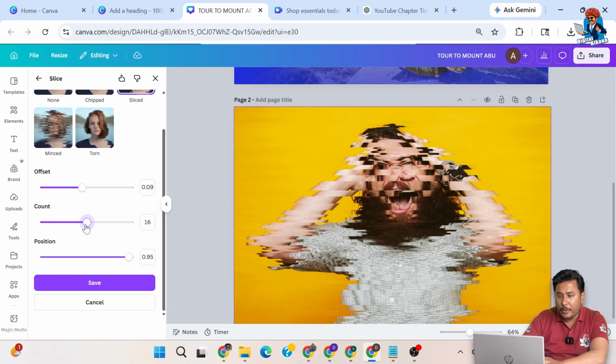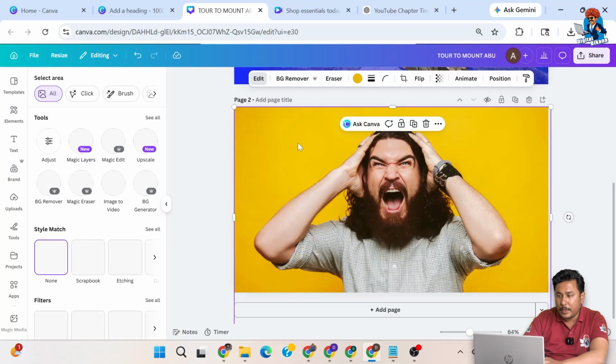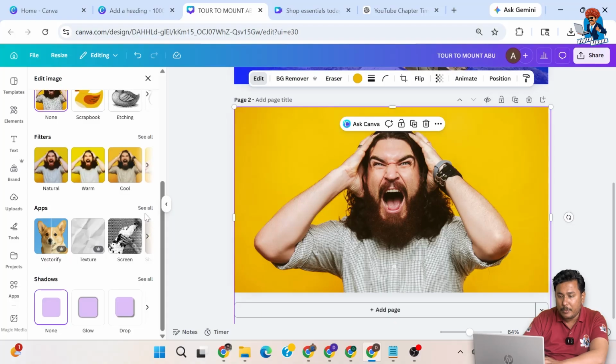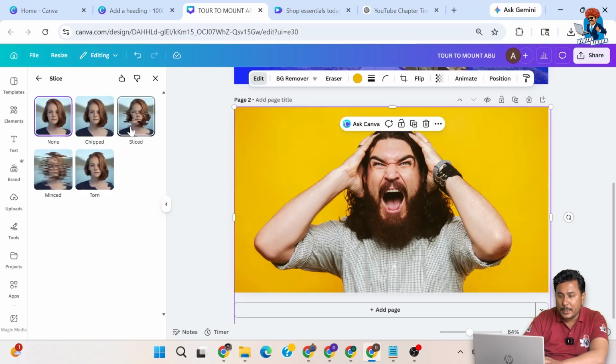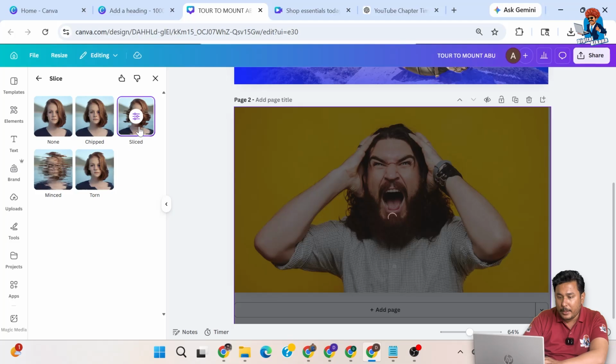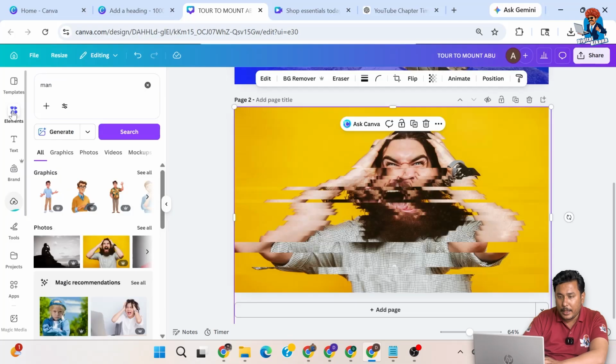Similarly, we are going to add a text also in this glitch, but before that you can simply go to the elements and search for a glitch image, right? Okay, our effect has been removed because we have not saved, so let's again add the slice. You can also use this one. Right? Let's save it and go back to the elements and search for